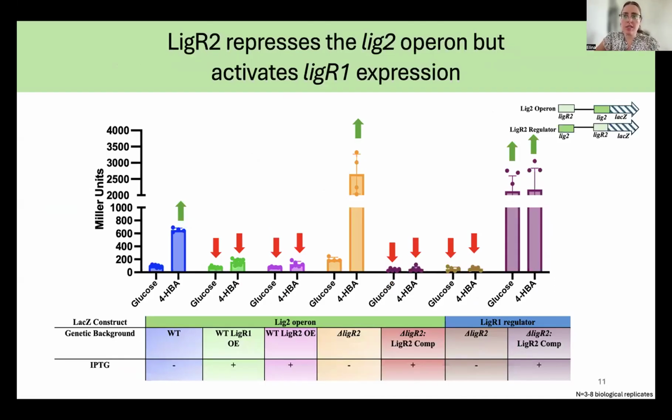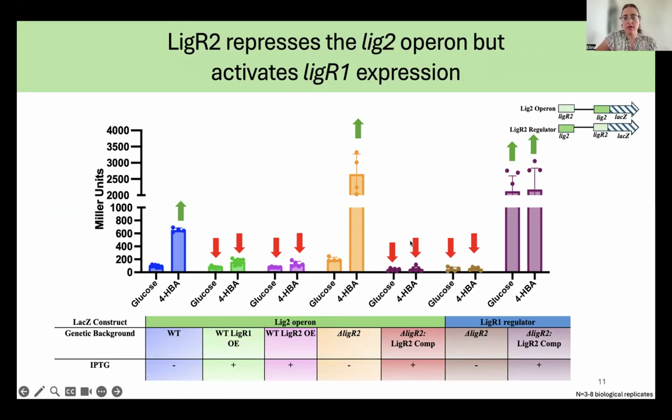So we conducted the same experiment for the LIG2 operon and showed that 4-HBA is a potent inducer of the LIG2 operon. This is also the case for quinate and protocatechuate, but I'm only showing 4-HBA for simplicity. When you overexpress either LIGAR1 or LIGAR2, it suppresses the expression of the LIG2 operon. In contrast, when you knock out LIGAR2, the expression of the LIG2 operon is more potently induced. And when you complement that back, you get complete inhibition of the expression of the LIG2 operon, indicating that LIGAR2